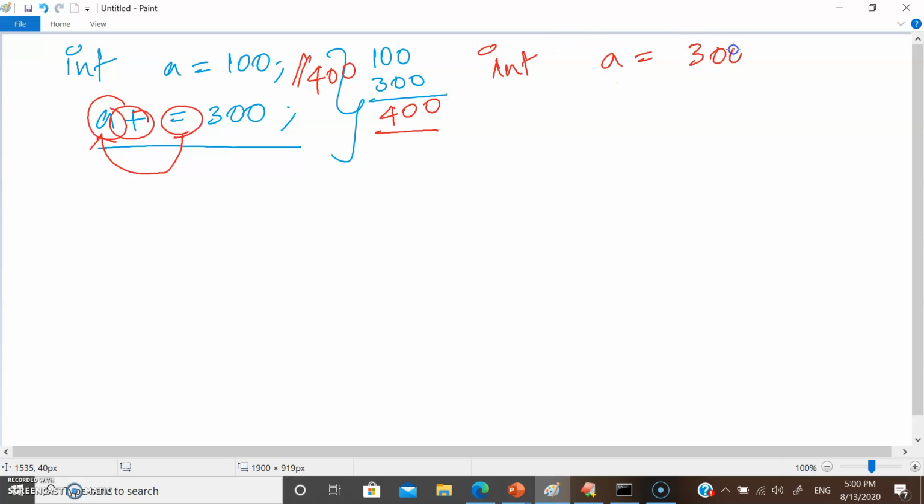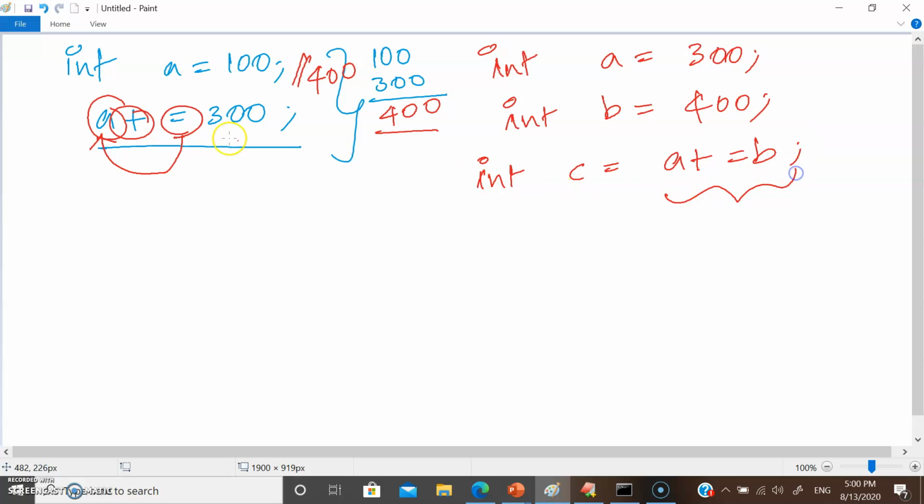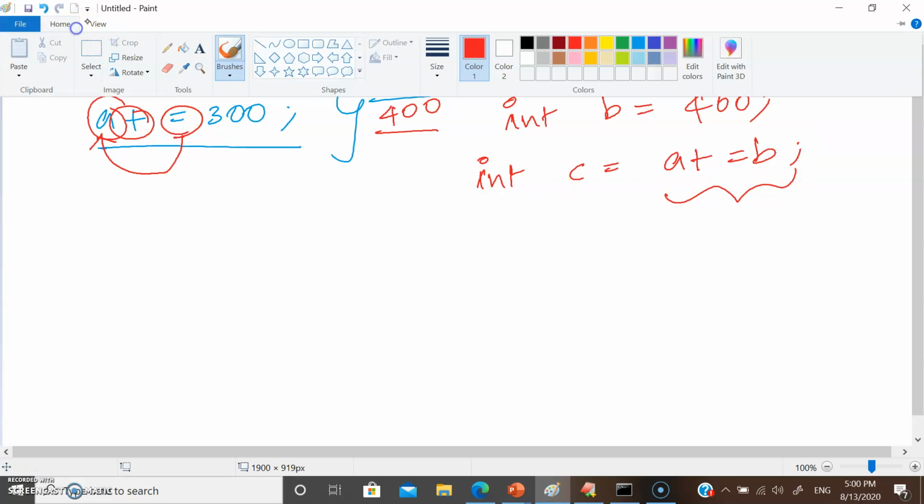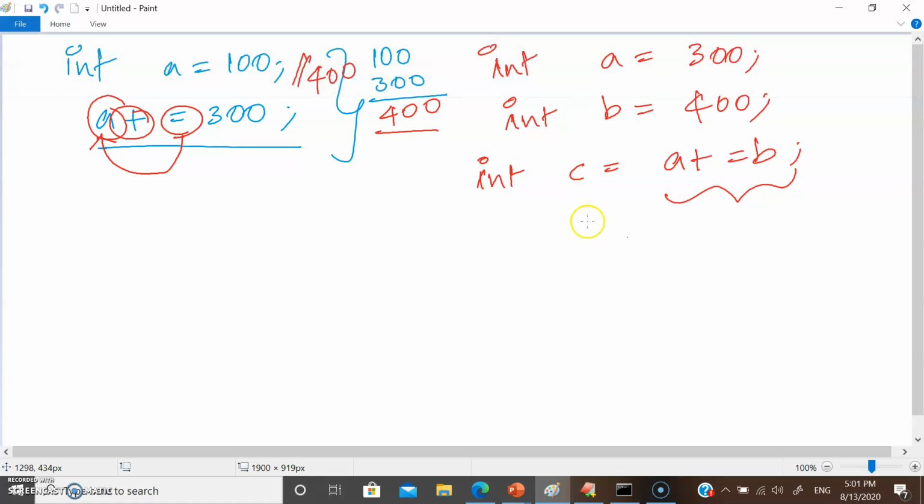Int a is equal to 300, int b is equal to 400, int c is equal to a plus equal to b. In that scenario, let's see what it does. The a value is 300 and the b value is 400, so the sum is 700.